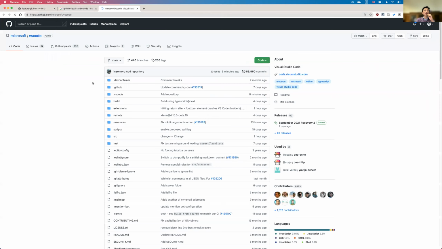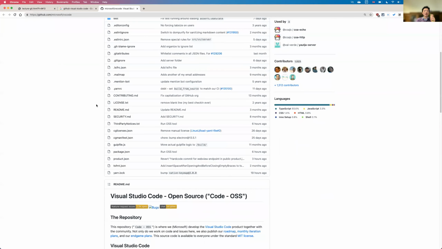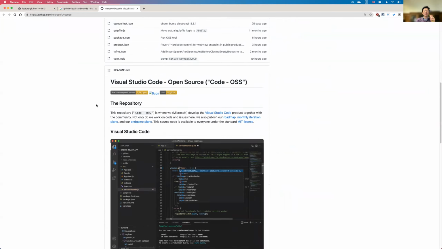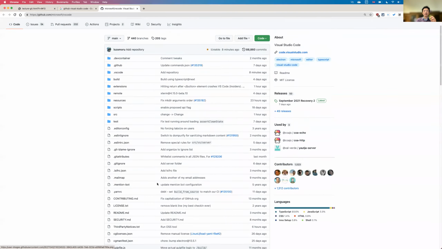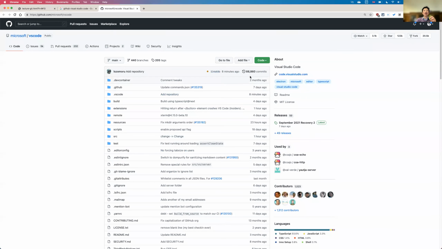Okay. And so you can see, Visual Studio Code is made by Microsoft, and this is their repository. This currently includes all the source code for Visual Studio Code, and it has had over 88,000 commits, or different versions. You can see who is making contributions, and it says more than 1,500 people have made contributions